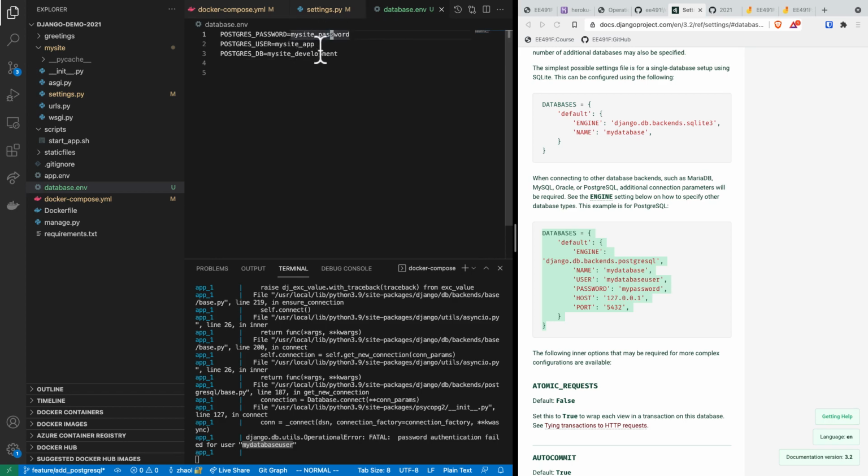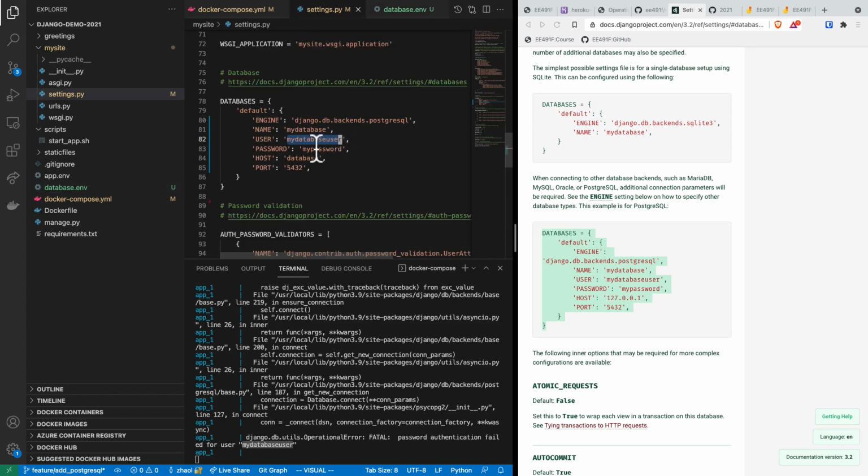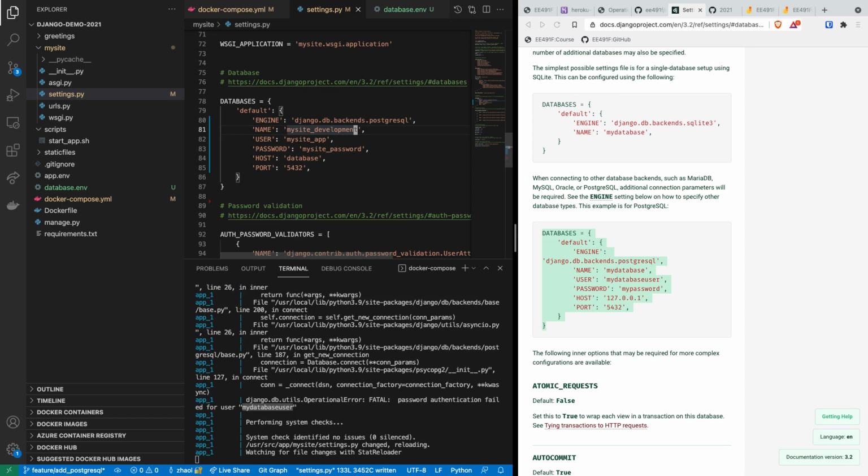So my site password, my site app, and my site development. Okay. My site password, my site application is the user, and the name of the database, my site development. So now we actually connect to the database,